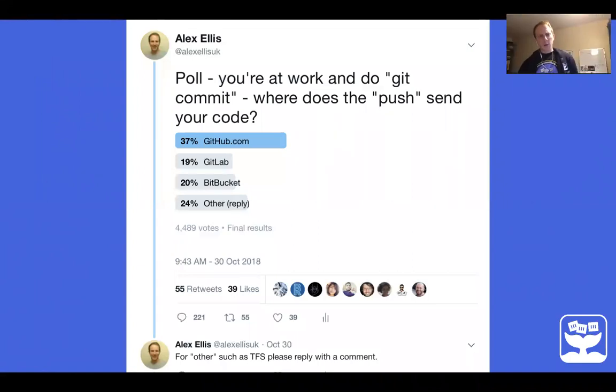So I put this poll out earlier in the week, and something happened that I did not expect, which was almost 4,500 people responded to it with 221 comments. And what I asked was, and it kind of is assuming that people are using Git already, I know some people have Subversion, etc., but once you do your push, where is it going? And it seems undoubtedly that GitHub.com, the hosted version, is the most popular, at least among this segment. Close behind that is GitLab, and then we also see other.